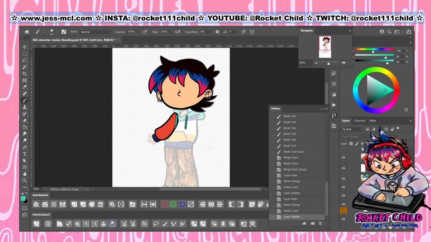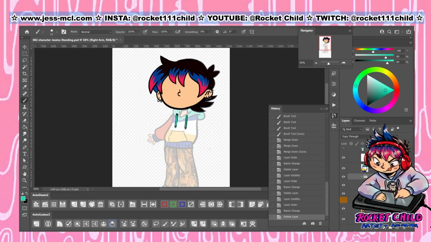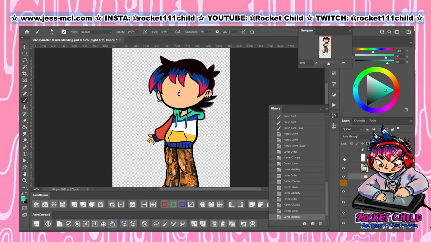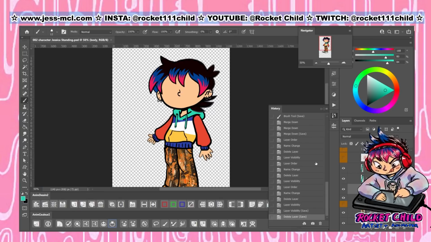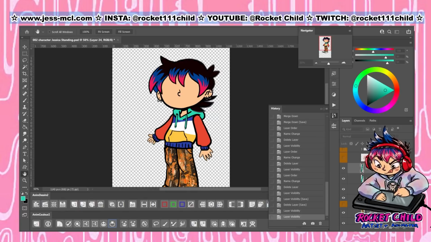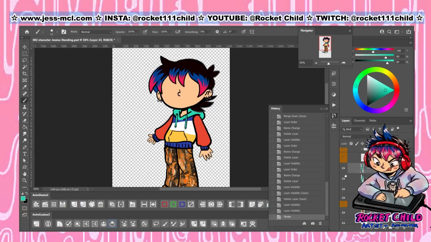And in the same way, the right arm, putting the new right arm in here, calling it plus right arm, delete the one from below, and then we have the new arms, the new hoodie. I'm going to get rid of this white layer we had to help us draw and layer these to be hoodie strap